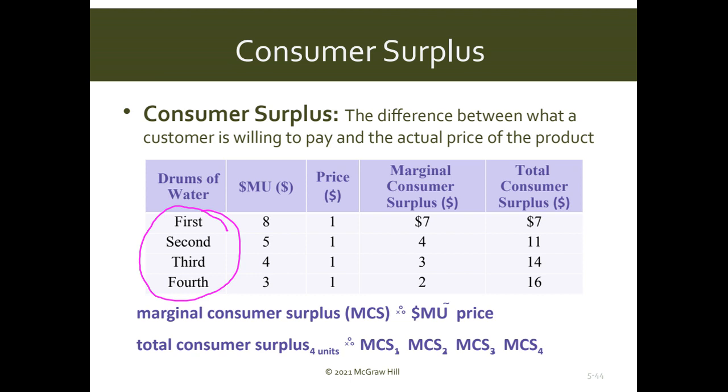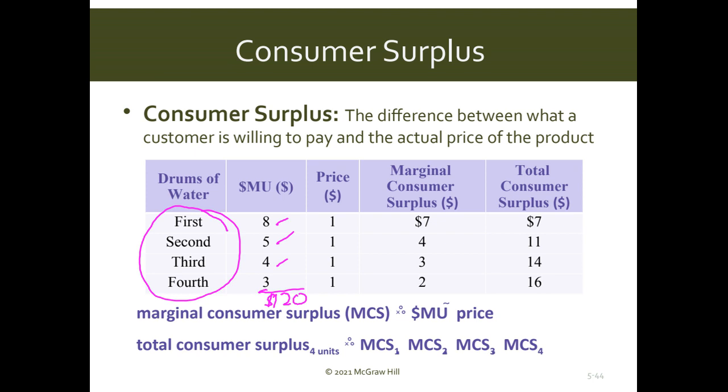Suppose your total level of satisfaction in terms of dollars is 8 plus 5, 13 plus 4, 17, 20. So basically, you are willing to pay $20 for these 4 drums of water. That is your willingness to pay based on the utility that you are deriving. This is the maximum utility that you are deriving, right? $20 for